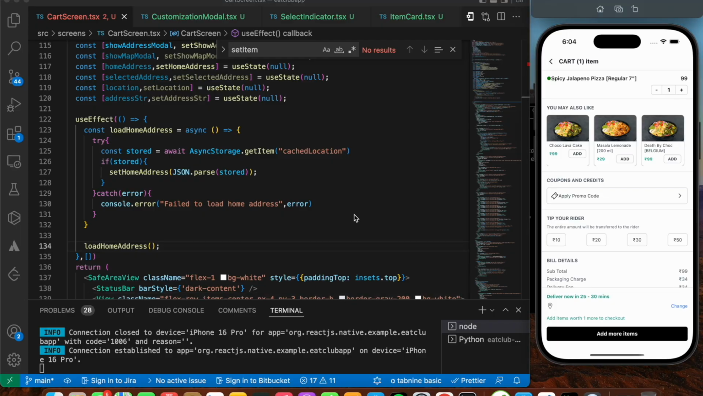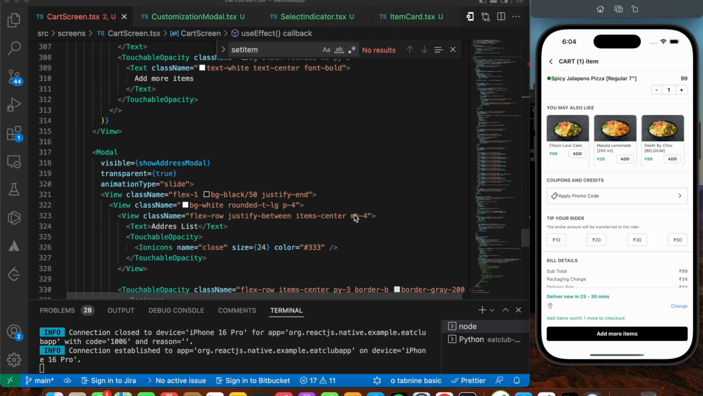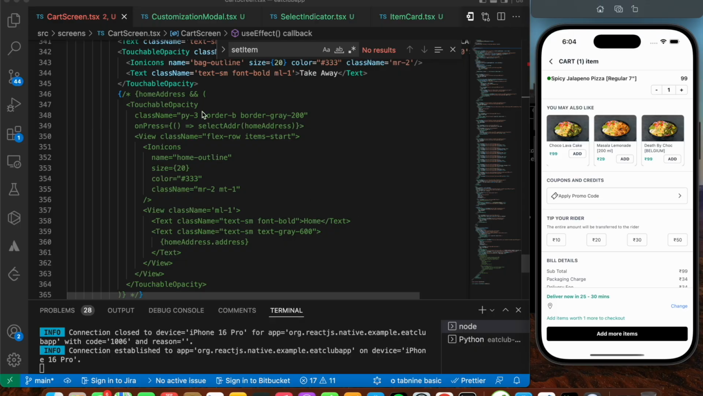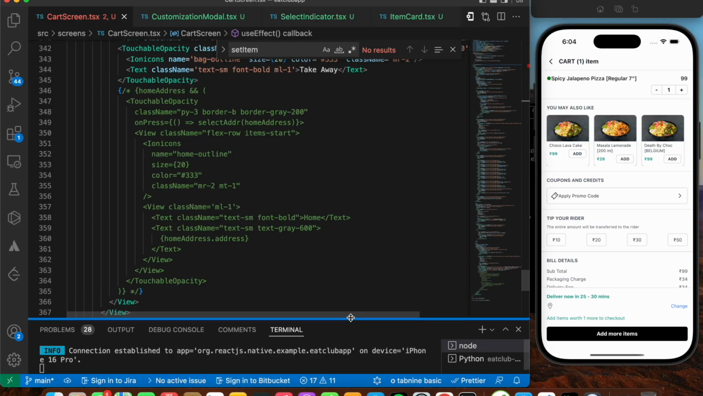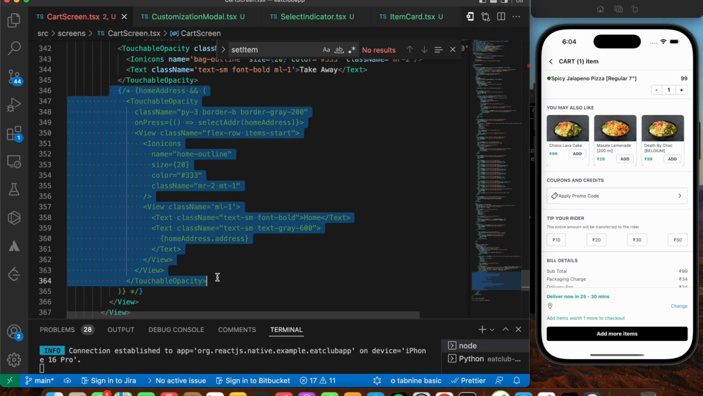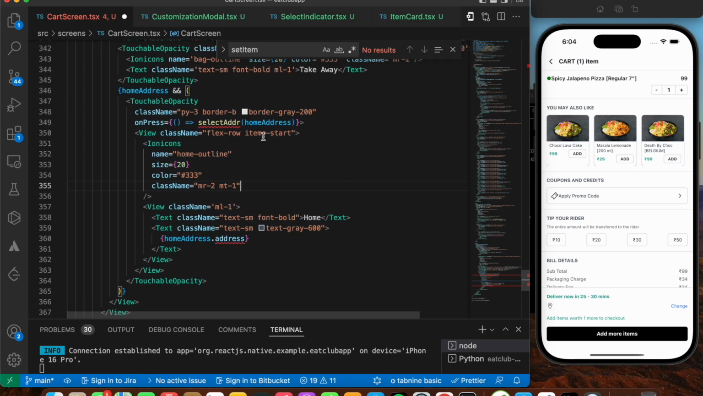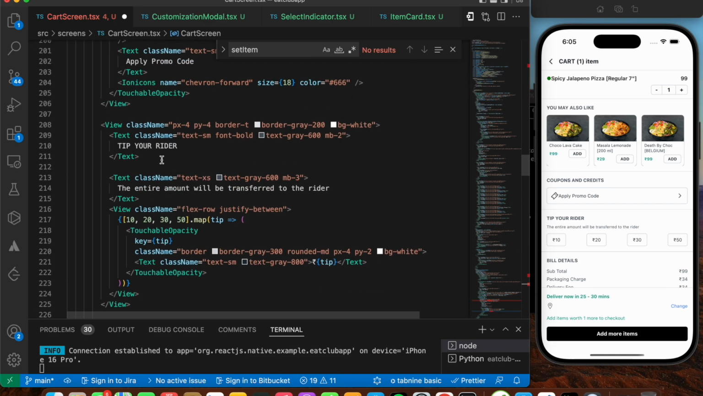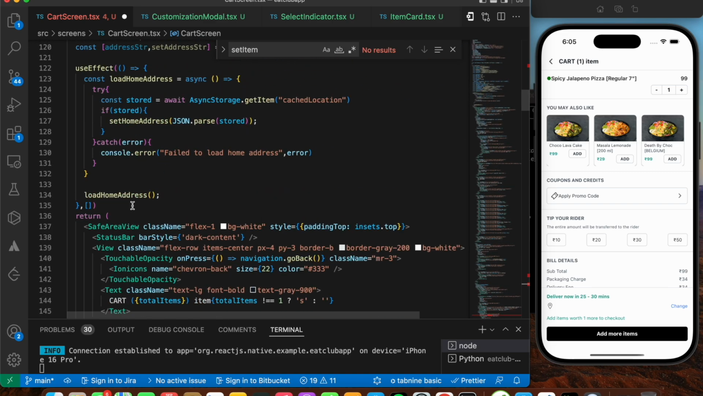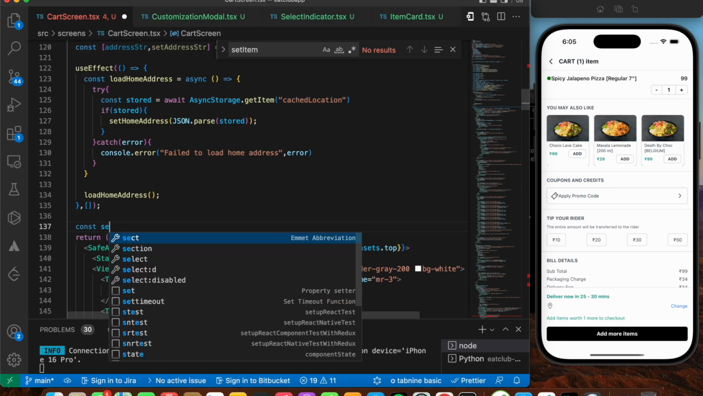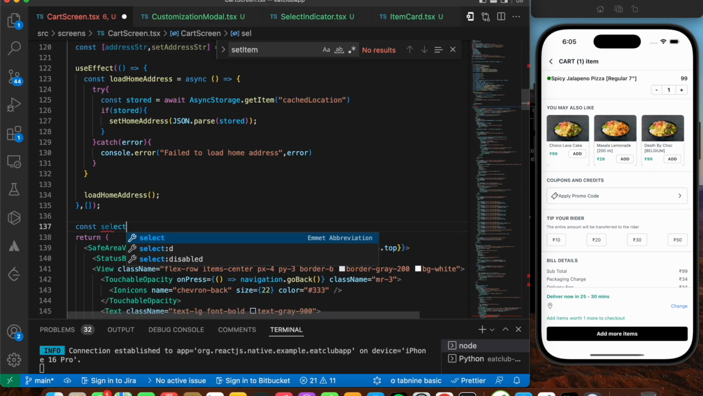Now let's come back and uncomment the commented out code that is for this home address. Let's minimize this a bit, and over here, just uncomment it. I think we also need to set the address over here. Let's define that function. It says selectAddress. Let's go to the top, and if you press on that, we need to set the address. So here I'm going to say const selectAddress, that's the function name,